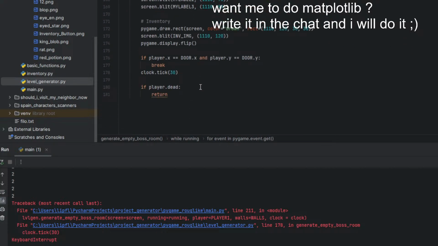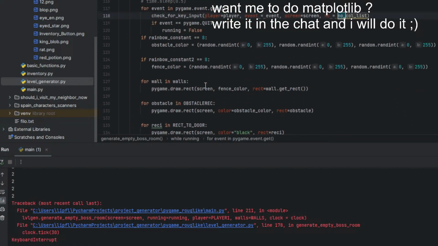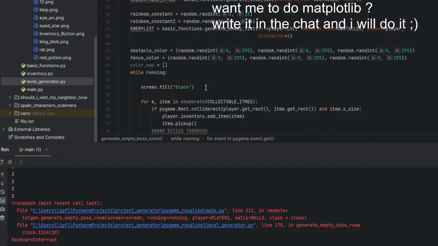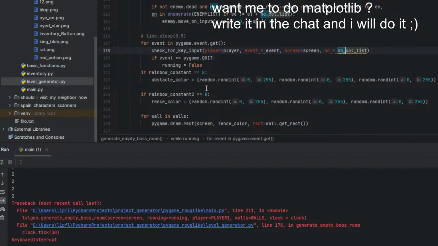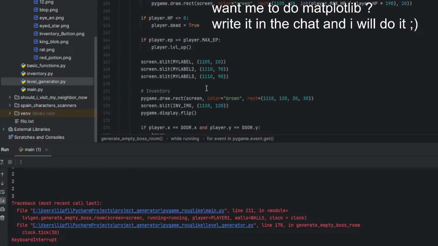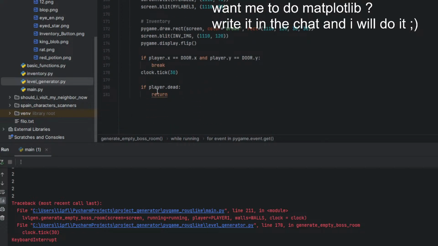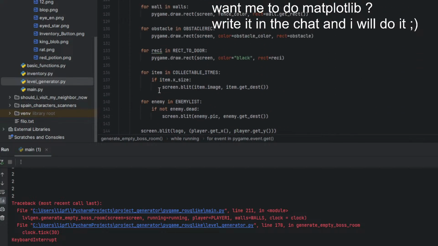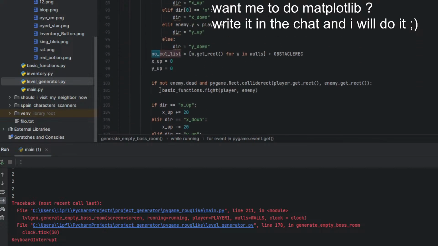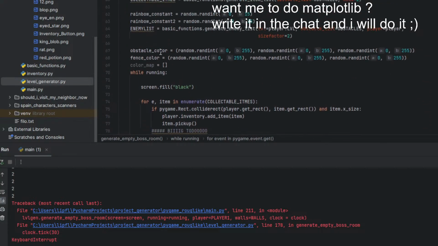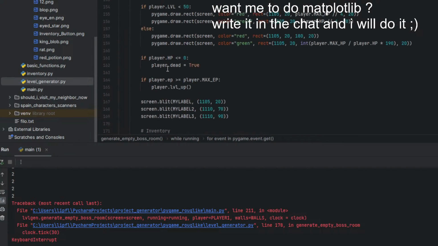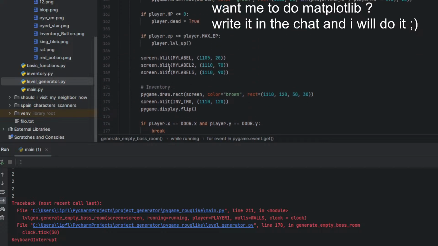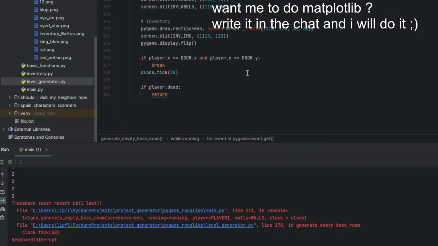So we have the first while running. Then we need to get back to the first level, first floor, whatever you wanna call it.